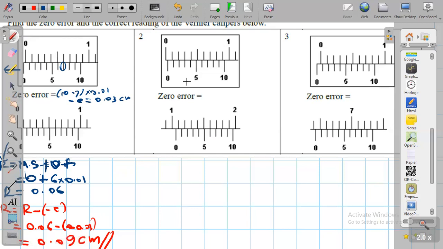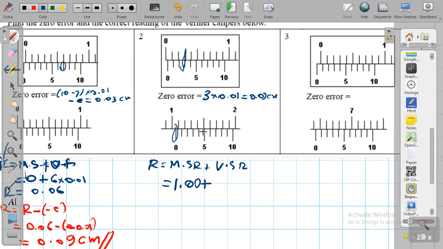Zero error here. It's a positive one. Which line is coinciding? The third line. So 3 times 0.01. It's going to be 0.03 centimeter. And the reading on this one is like the reading equals main scale reading plus vernier scale reading. So what is the main scale reading? It's just past the one. So main scale reading is 1.0 plus